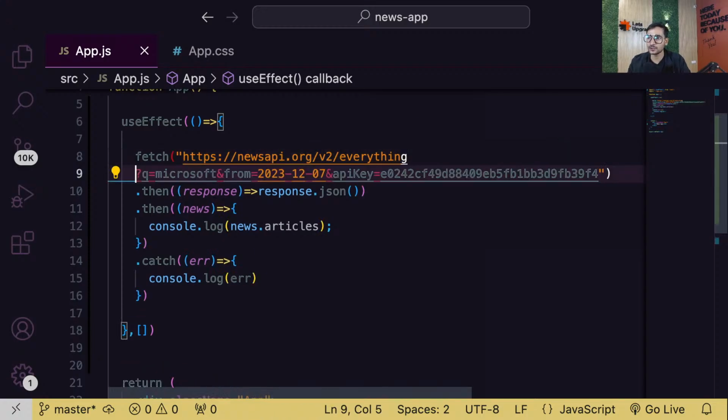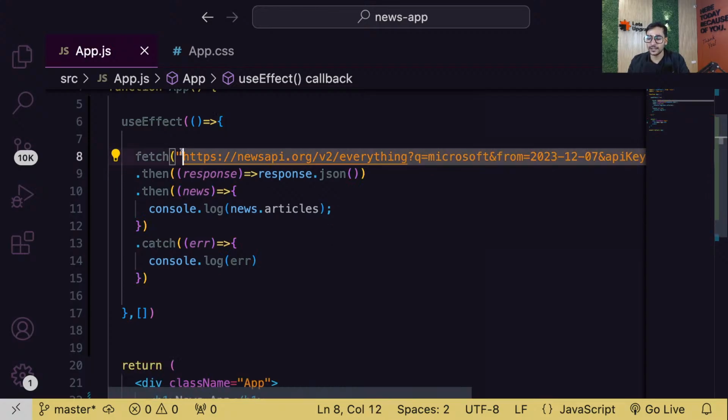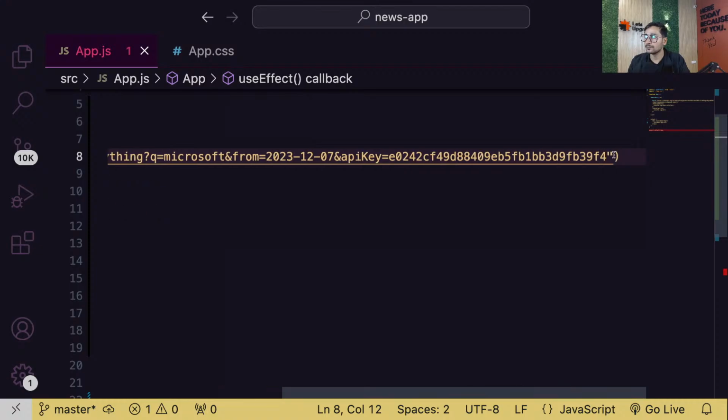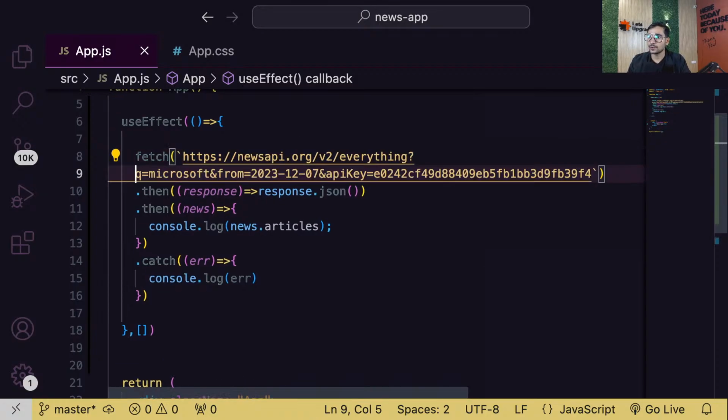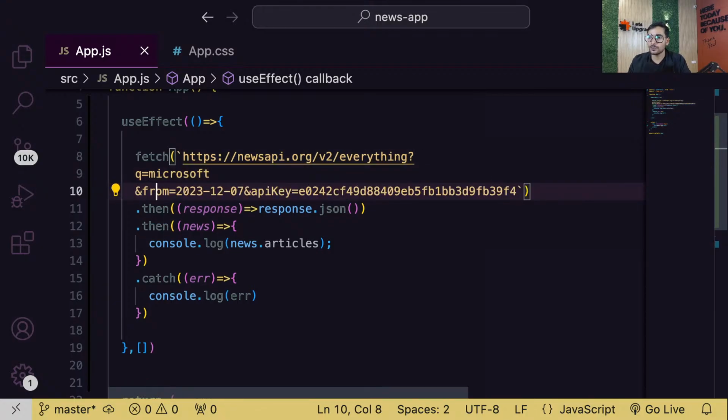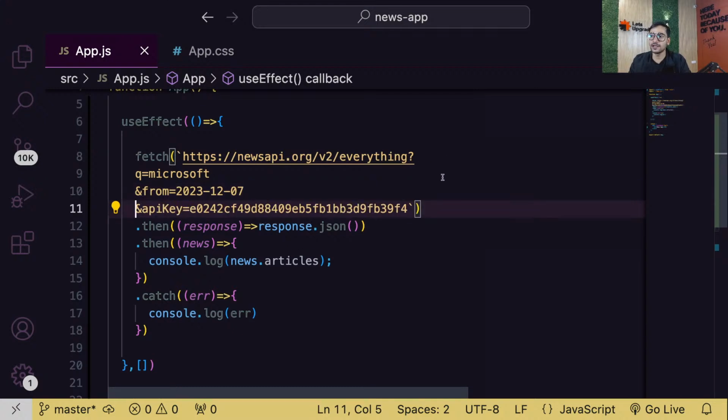If I have to show you like this, wait. Let me convert it to string templating. Wait, and now check it out. So question mark, Q equals Microsoft and from equals this date. And I hope now it is more understandable guys.